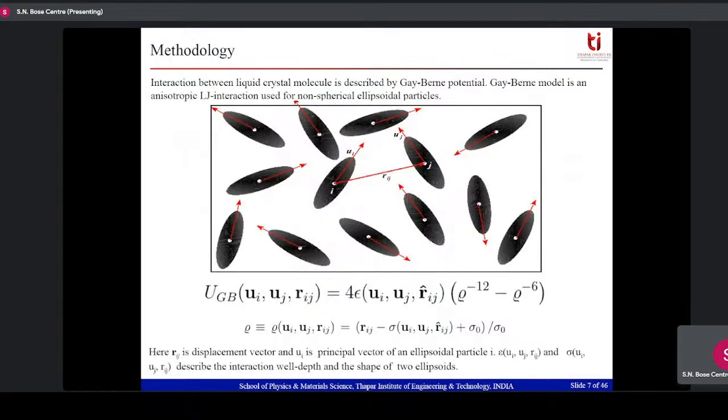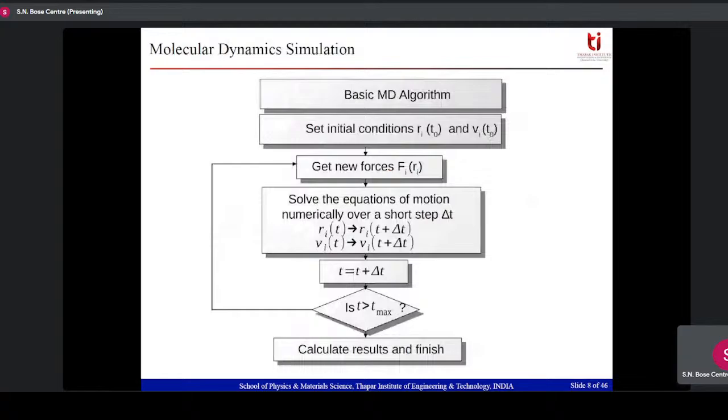So our model is this Gay-Berne potential, which looks like the Lennard-Jones potential, but only this r, the distance between different particles, is now represented by this term. And this term introduces the orientational order of each of the particles, and that's how conceptually this represents some kind of elongated ellipse. You can control the length of the ellipse by putting some number in this sigma. Okay, well, I'm not going to detail.